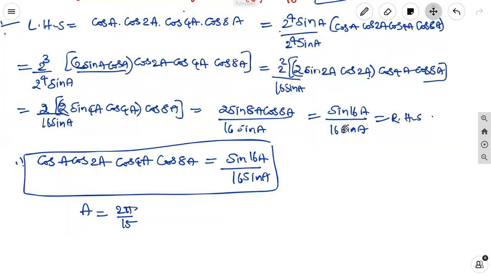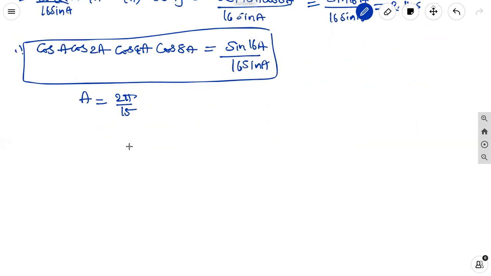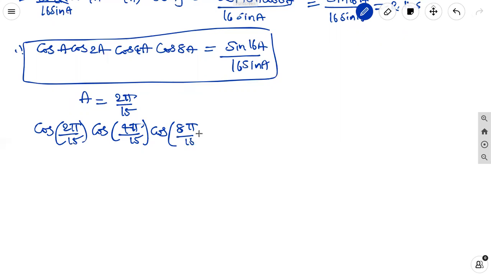Then by substituting, LHS becomes cos of 2 pi by 15, cos of 2 twos are 4 pi by 15, cos of 4 twos are 8 pi by 15, cos of 8 twos are 16 pi by 15, is equal to sine of